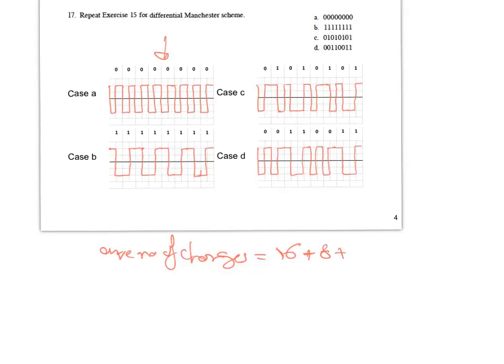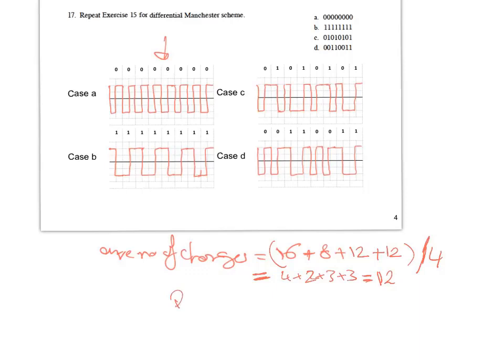Plus, for case C, we have, let's see, 1, 2, 3, 4, 5, 6, 7, 8, 9, 10, 11, 12. Okay, so we have 12. And for case D, we also have 12, which makes, for these 4 cases, so we divide by 4. So this average number of changes is 4 plus 2 plus 3 plus 3. So this is 12,